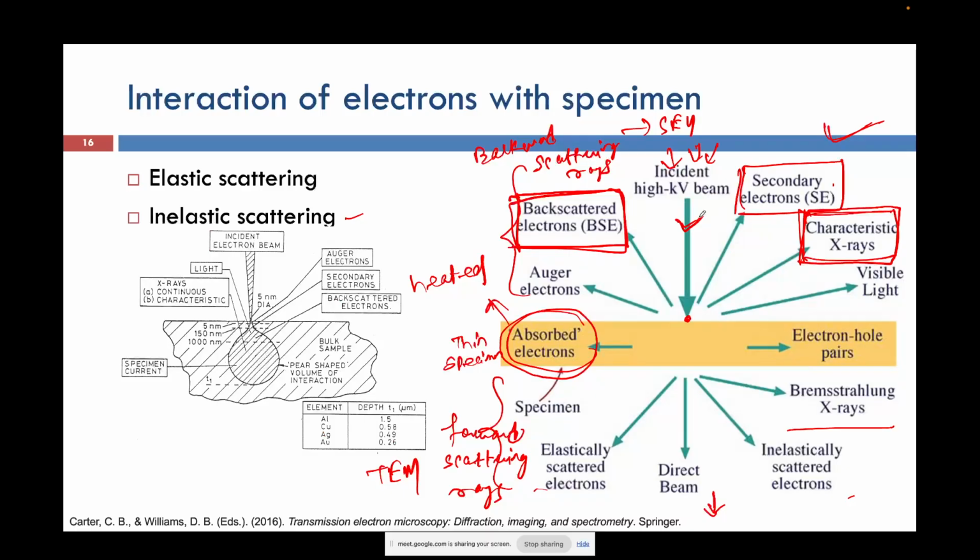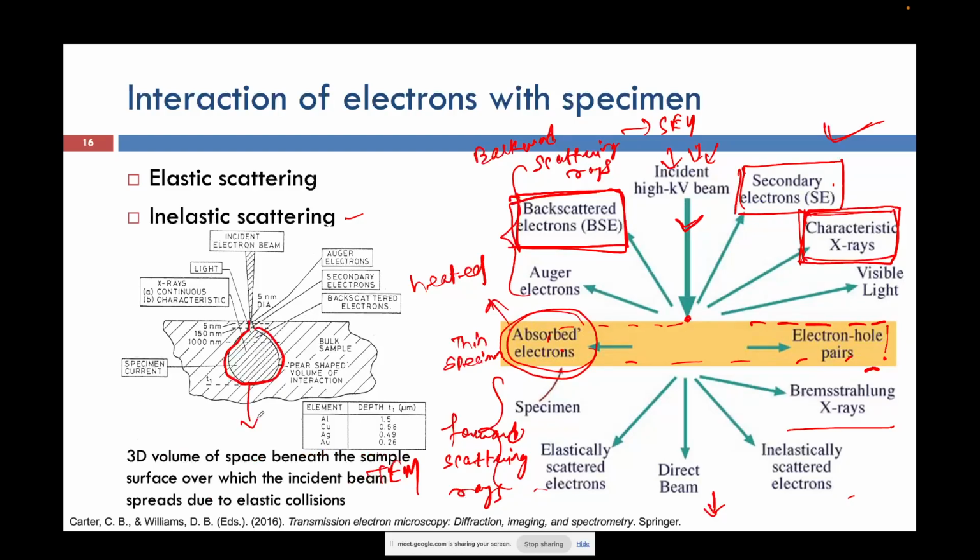And remember, when my incident electron beam is interacting with my sample, it is not necessary that it is interacting with all parts of the sample, right? The part of the sample with which my electron beam interacts, this structure, is what is called the interaction volume. Okay, so the interaction volume is the three-dimensional space beneath the sample surface